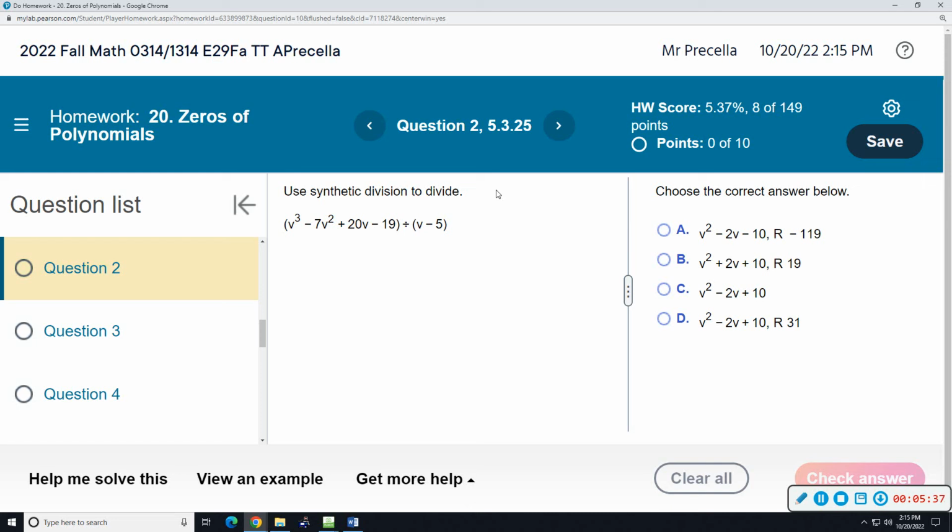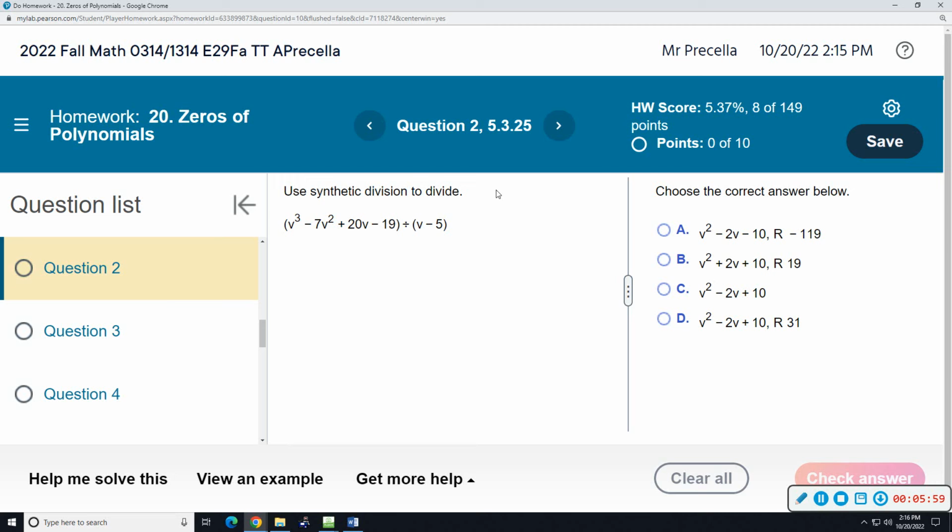v to the third minus 7v squared plus 20v minus 19 divided by